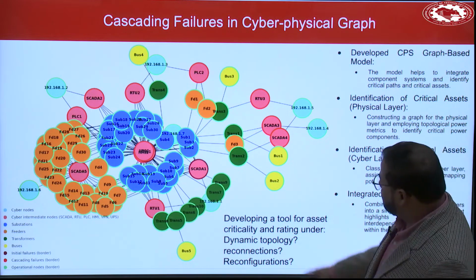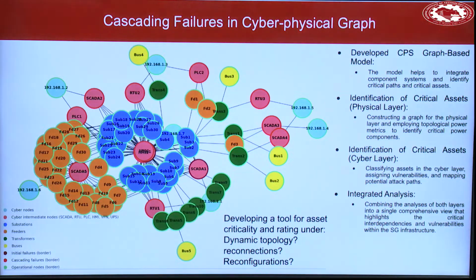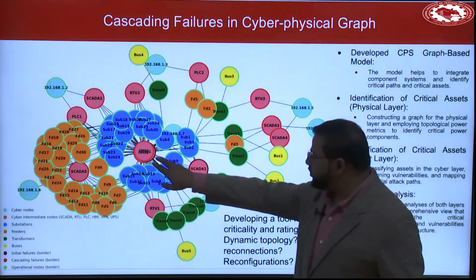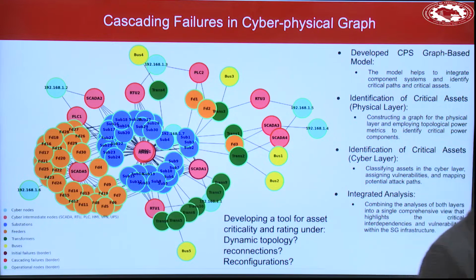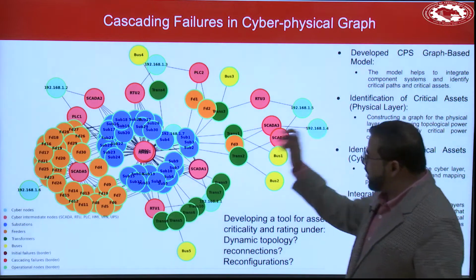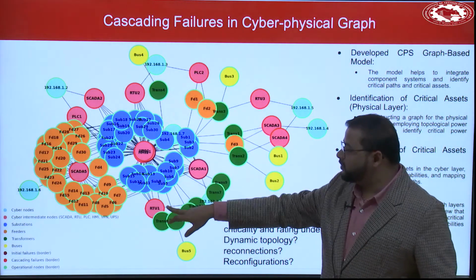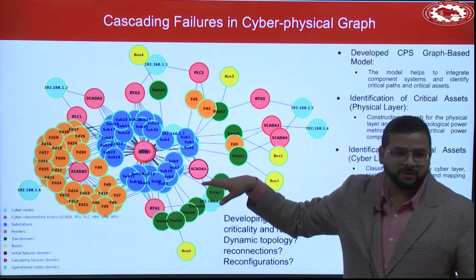So 1, 2, 3, 4, up to 9, 10. The 10 substations we consider. There's one you can't see, but there's a SCADA system. The control center is here, and then around it we have different substations, different devices, and so on. Devices are connected in some way in each substation, and substations are also connected to the control center in some way through RTUs. And here, what we are trying to do is understand, when the attacker targets this device or that device, how this will impact the system.